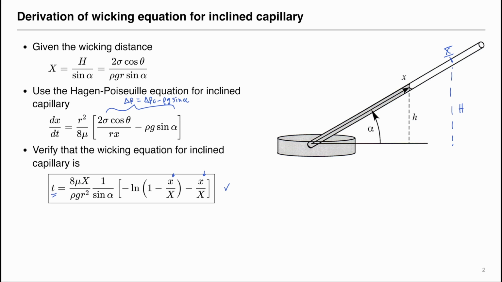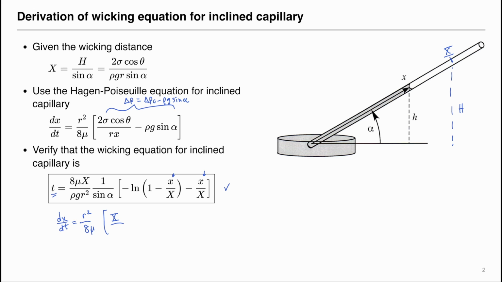We can start by realizing the pressure difference can be written in terms of the Wicking distance big X. So let us copy down the Hagen-Poiseuille equation and then derive from there. And on the inside, we have 2 sigma cosine theta divided by r x. But this form is very similar to the Wicking distance, which also has a 2 sigma cosine theta. So that if we want an x in there,